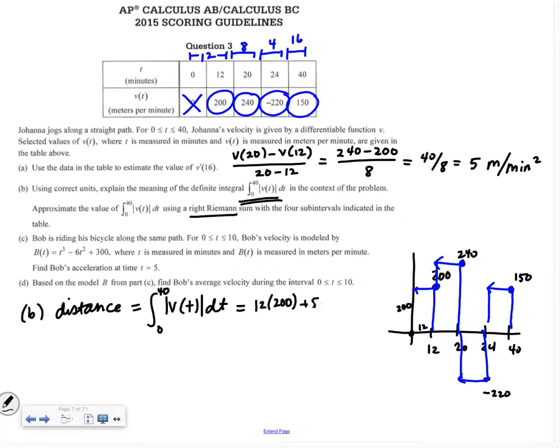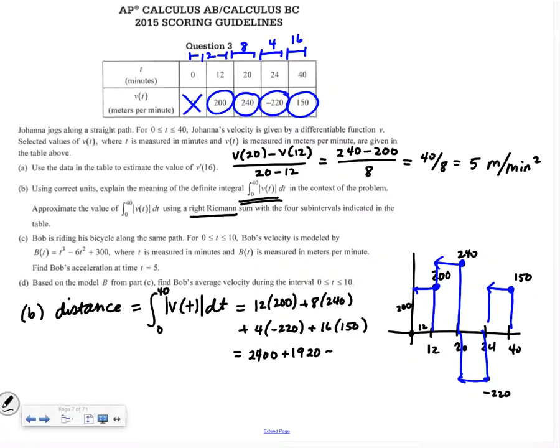And then we have an 8 by 240. And we have a 4 by negative 220. And we have a 16 by 150. So this is a question number 3 problem. So this is a non-calculator question. So it's kind of a lot of computing that you have to do. But you end up getting, let's see, 2400 plus 1920